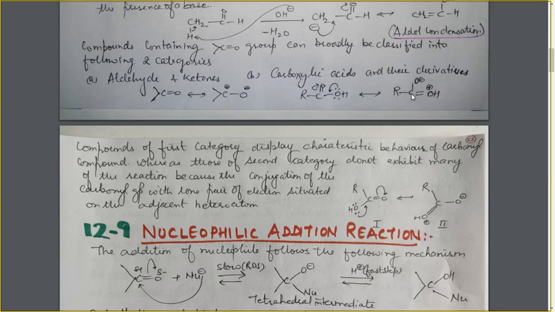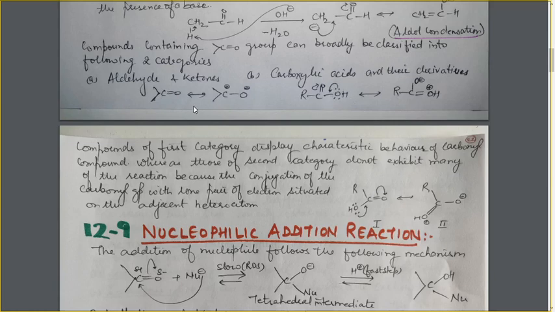and the polarity of this C=O group, the electron deficiency of this C=O group is a little bit reduced, and because of this, it does not show those characteristic reactions of the carbonyl group which are shown by aldehydes and ketones, like the nucleophilic addition reaction. Carboxylic acids and their derivatives do not show the nucleophilic addition reaction. Instead, they usually show nucleophilic acyl substitution reaction. We will discuss later in this series how the nucleophilic acyl substitution reaction takes place. In this, the OH group is replaced by some other nucleophile.